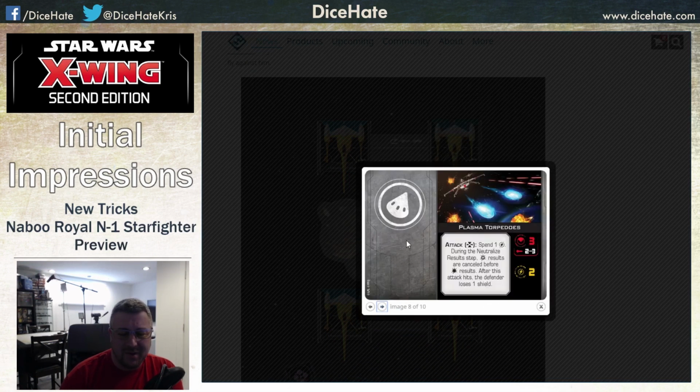Plasma torpedoes. We saw these ones on the Hyena last week. I'm still convinced that they're pretty cool. Definitely on this ship where you only have a 2 dice primary anyway, but not necessarily something I'd put on